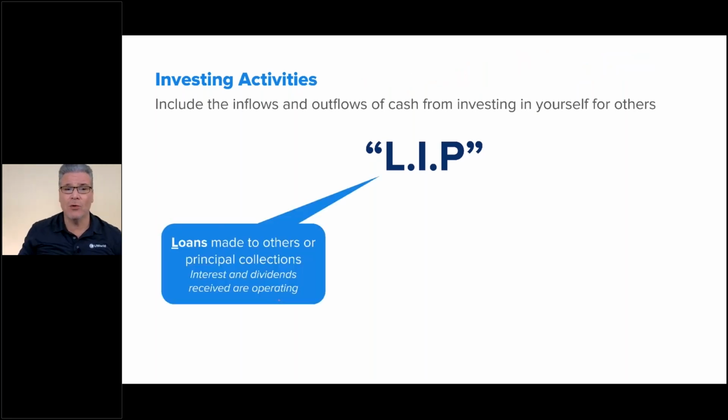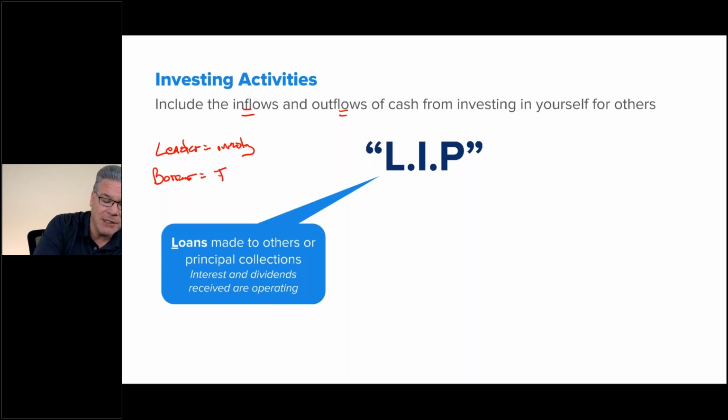So inflows and outflows. Loans made to other entities: you're the lender, not the borrower. When you're the lender, it's an investing activity. When you're the borrower, it's a financing activity. So be very careful with the lending. Now, interest and dividends received are always going to be operating under US GAAP. So we're talking about the principal. When you make a loan,